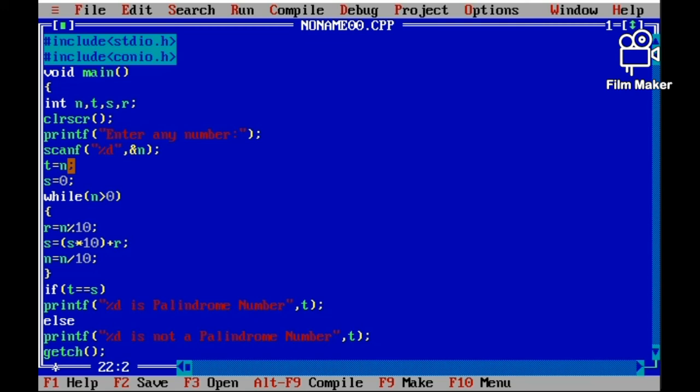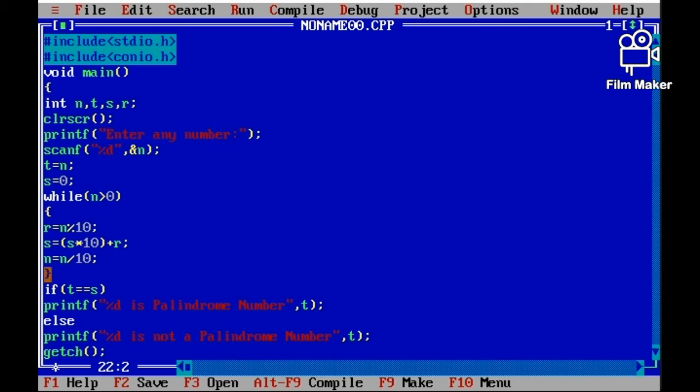Then n is assigned to t, s is initially 0, then while n is greater than 0, r equal to n modulo division 10, that means n is divided by 10 and the remainder will be collected. Then s equal to s into 10 plus r, that means s equal to s into 10 and the whole total plus r.